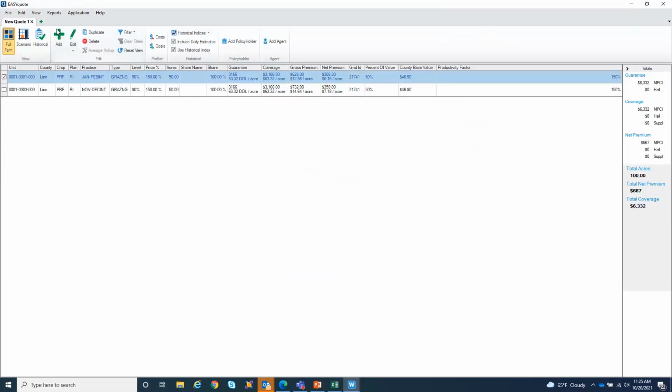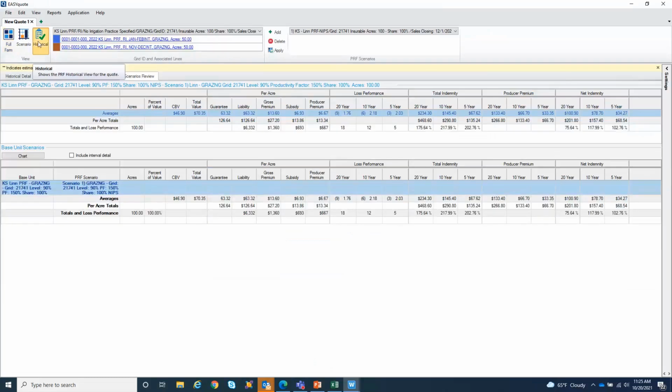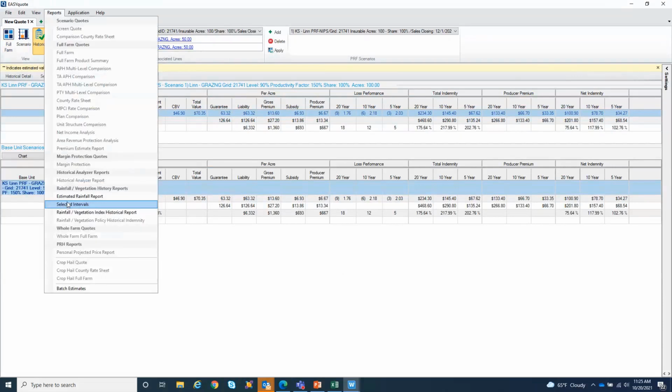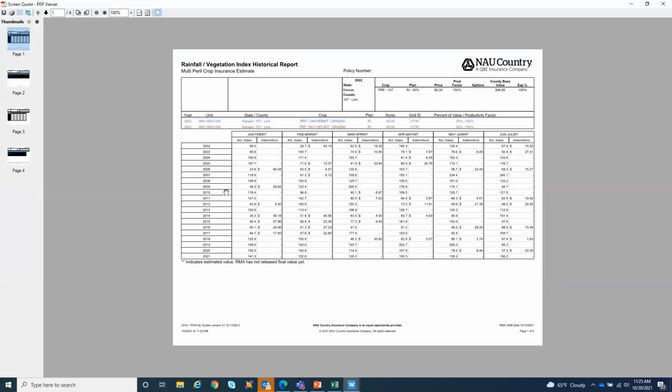From the historical tab, we now have another report available to us, and that's the selected intervals report. I can also look at the historical analyzer reports, and I can run these, basically giving me a printout of what we're looking at there. A little bit confusing, a little bit hard to read. So we now have a new option